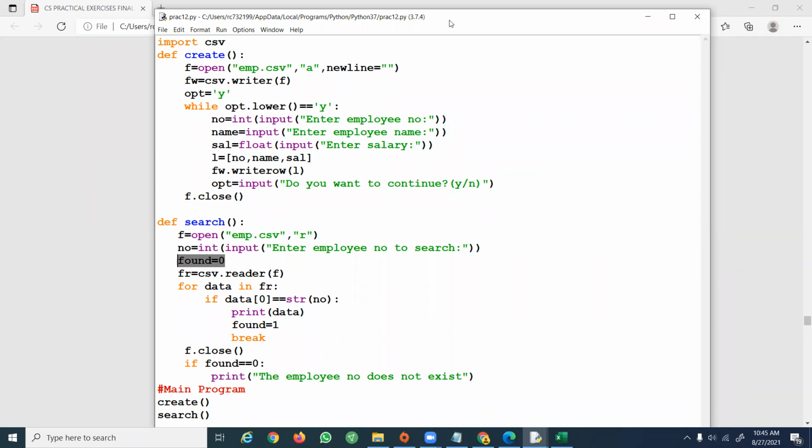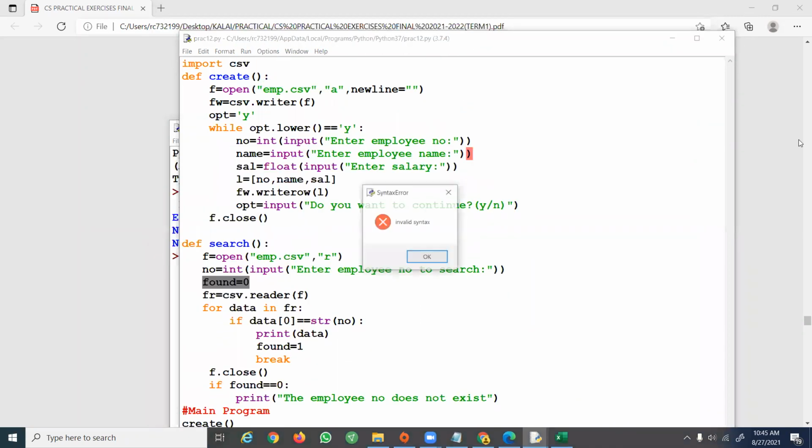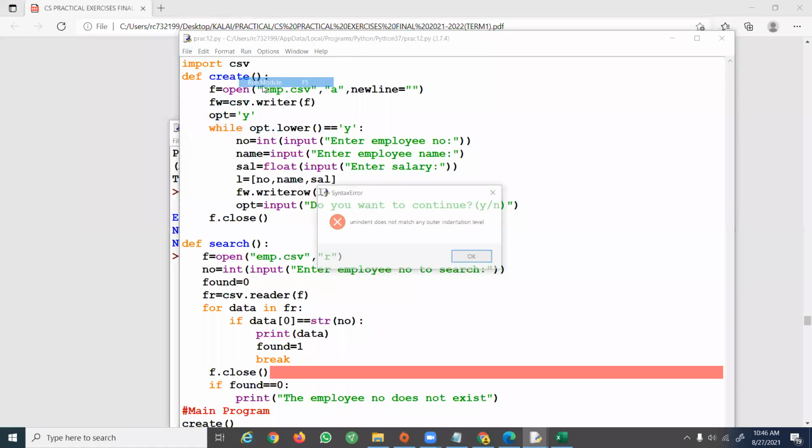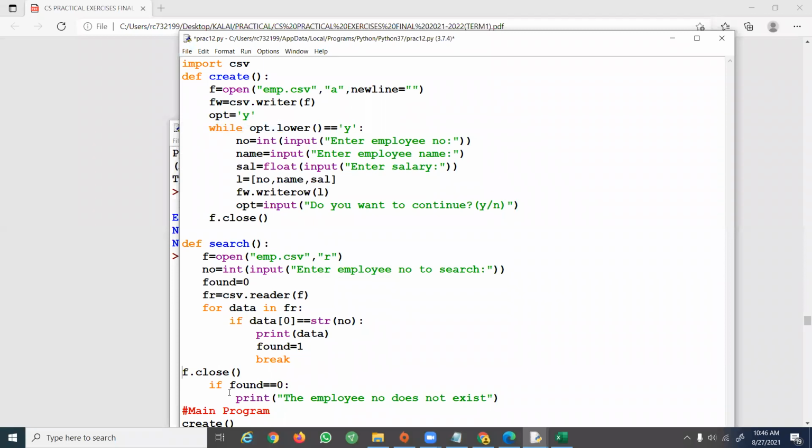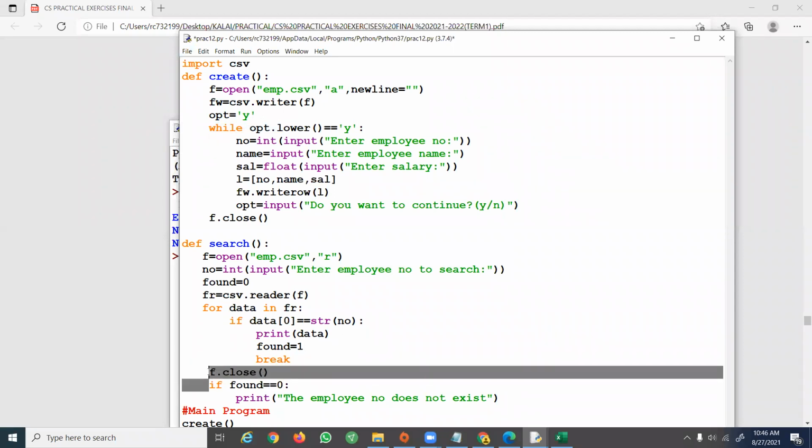Now let me execute that. There are some syntax errors. Let me see. Here, only the input function should not contain this. Okay, let me save and run it once again. Let me try to give it at the end of the file.